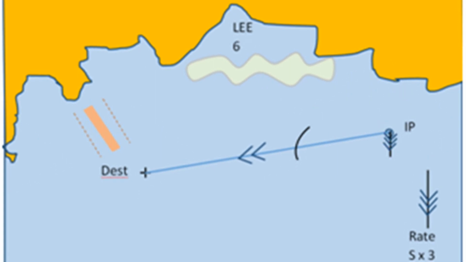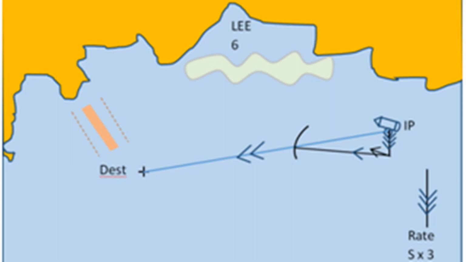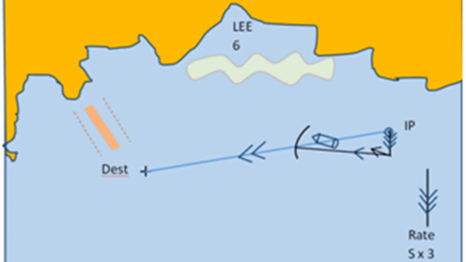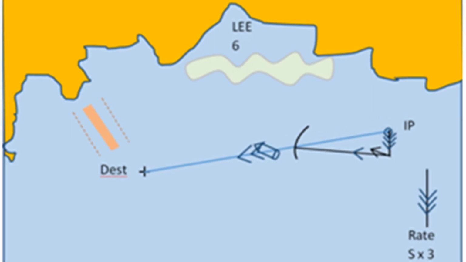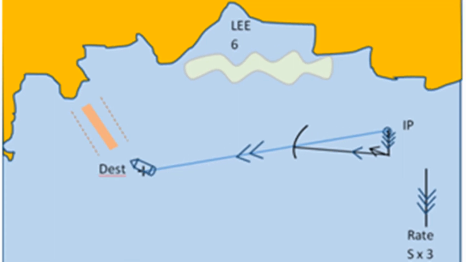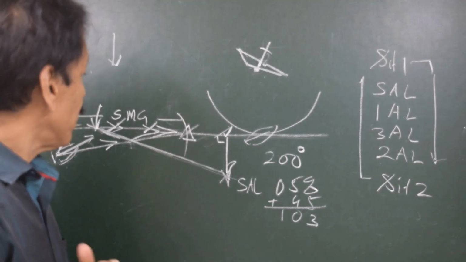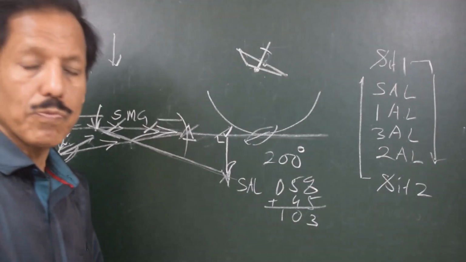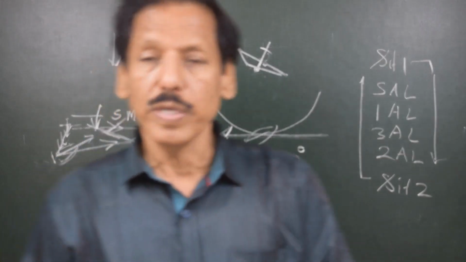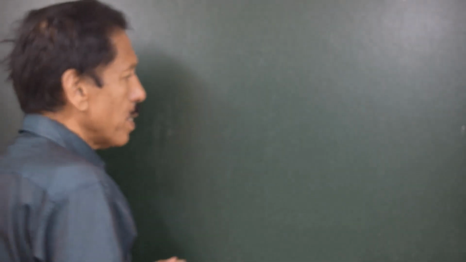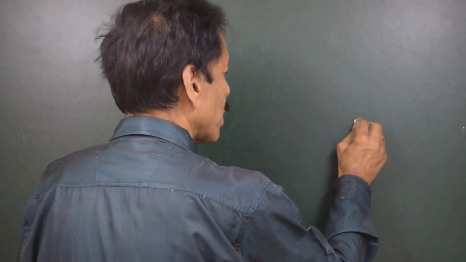Golden rule, small arrow line is always on the windward side of 1 arrow line, and also the beam bearing or bow angle is always to be measured from the small arrow line. Nearest distance is always with respect to the course made good, and all the ETAs will have to be calculated at speed made good only. Under this second situation, sometimes there is a task like I need to pass this point